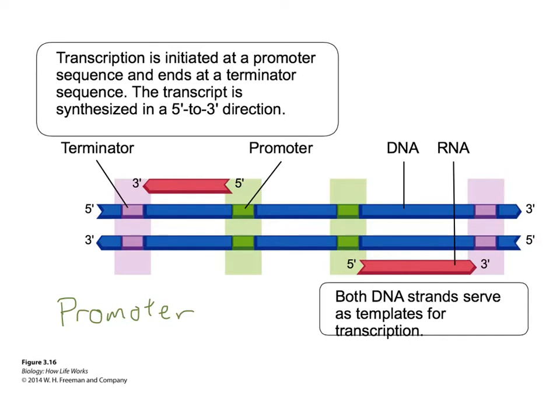A series of proteins will bind to this promoter, and it's just a sequence of DNA. So the promoter is a DNA sequence that is going to allow for the binding of general transcription factors,